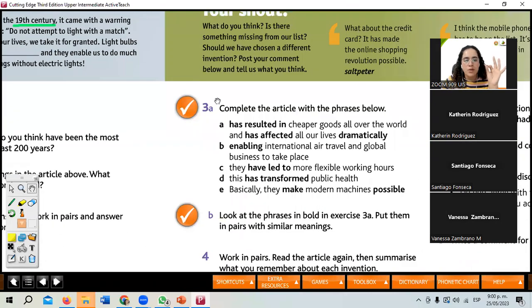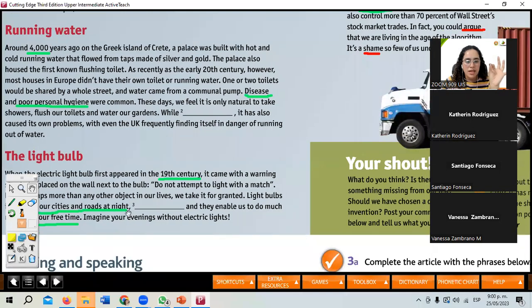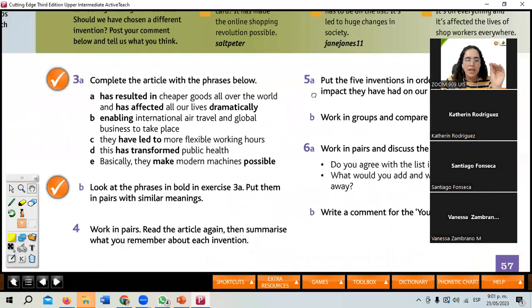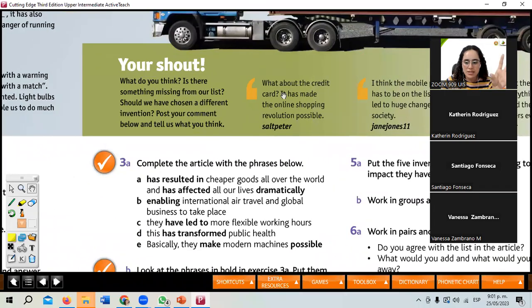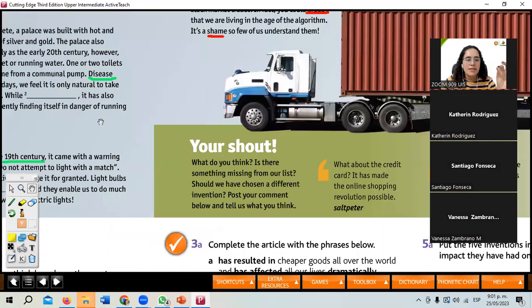Now, before we go to the discussion part, the socialization part, you're going to complete point number 3. As you can see in the text, we have some missing gaps, right? Number 1, 2, 3, 4, and 5. So you're going to complete the gaps with point number 3. Complete the article with the phrases below. We have 5 phrases that you are going to use to complete the text, okay? I'll give you some minutes, and then we will correct it together. Use each phrase to complete the missing line, the gap on the text.